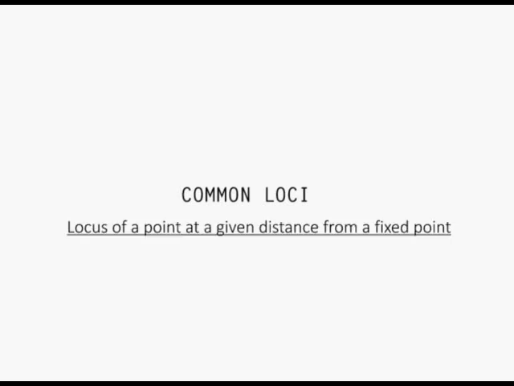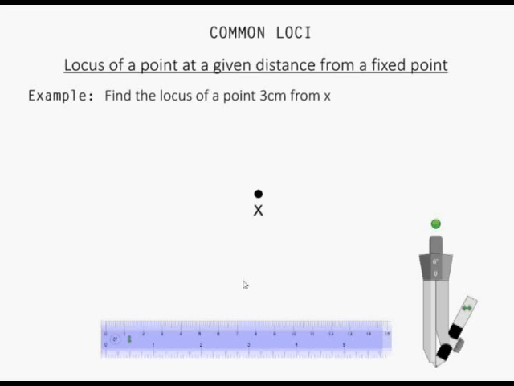1. Locus of a point at a given distance from a fixed point. For example, find the locus of a point 3 centimeters from X. In other words, we are finding all points that are 3 centimeters from X. If you draw a line 3 centimeters from X, then the end of that line is one of the points. But it's not the only one, because we can draw endless number of lines 3 centimeters from X in all directions. In fact, the locus of such a point is the path around a circle of radius 3 centimeters with